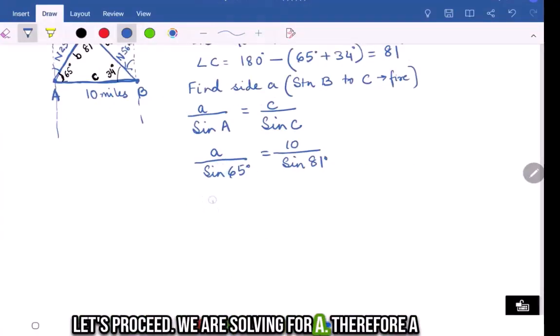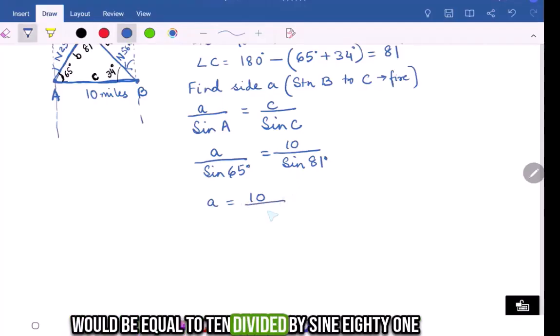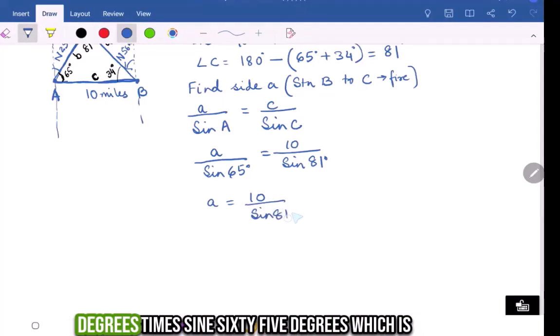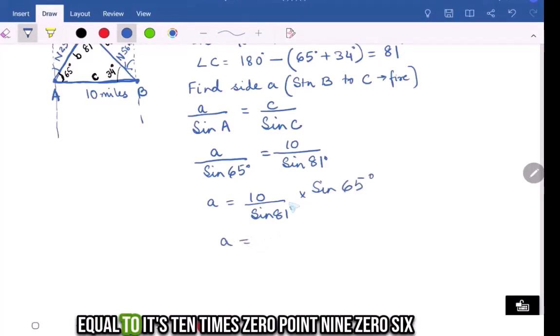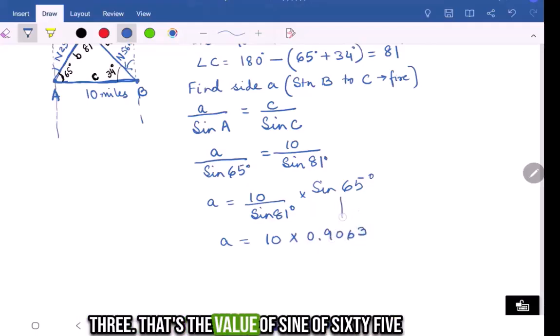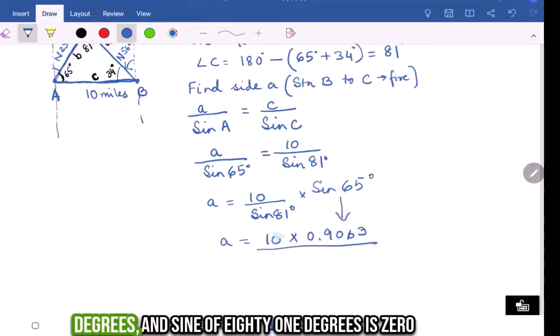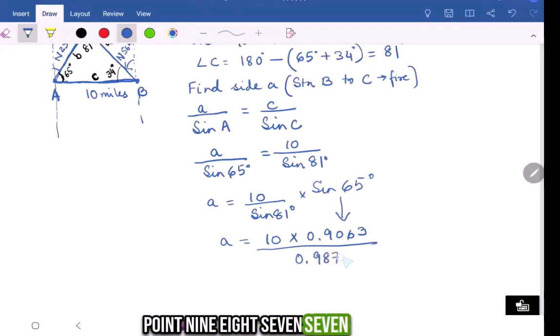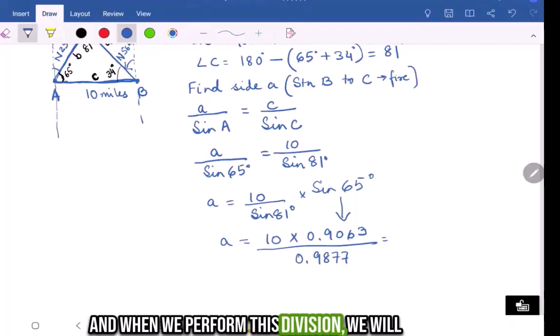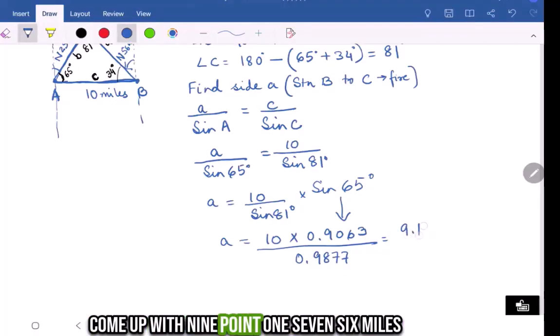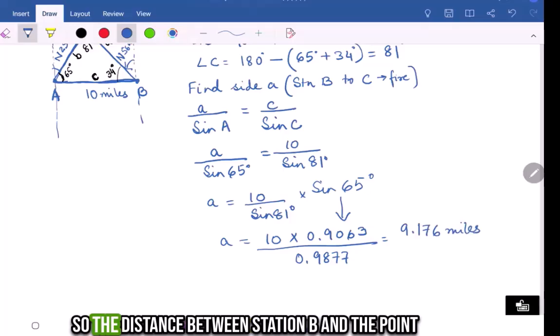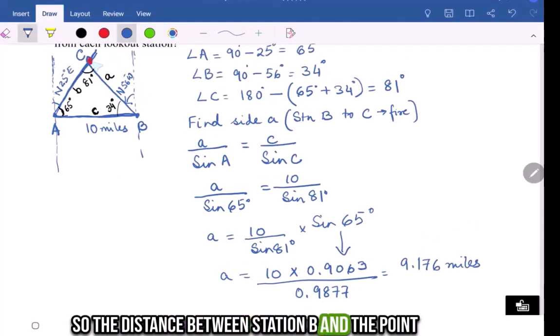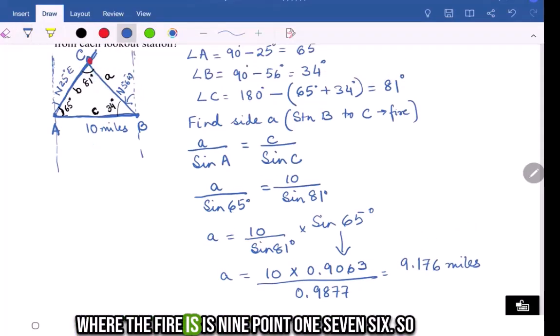We are solving for A. Therefore, A would be equal to 10 divided by sine 81 degrees times sine 65 degrees, which is equal to 10 times 0.9063. That's the value of sine of 65 degrees, and sine of 81 degrees is 0.9877. And when we perform this division, we will come up with 9.176 miles. So the distance between station B and the point where the fire is